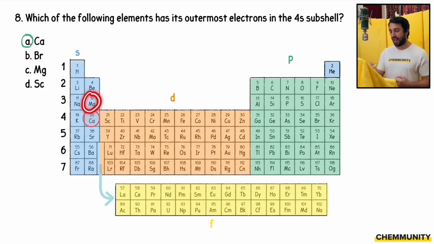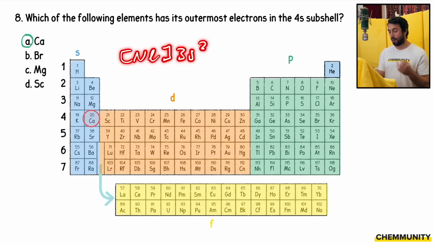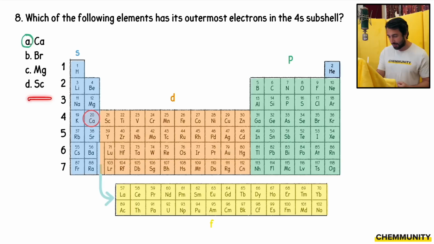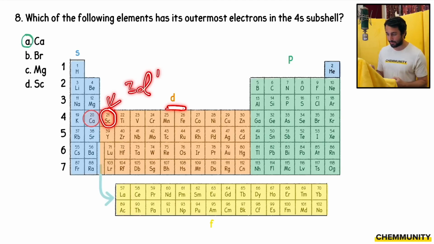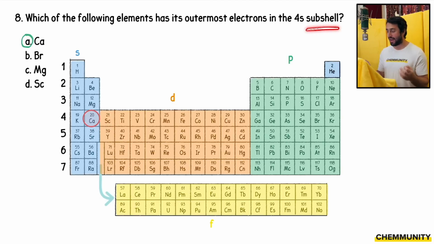That is in the s block as well, but it is in period 3. So that will have an electron configuration that has a neon core, and then it will end in 3s2. So its outermost electrons are 3s electrons. Then lastly, we have scandium, which is right here. That has dipped into the d block, and so now we're looking at the outermost electrons being 3d orbitals. But the question asked about having outermost electrons in the 4s subshell, so that certainly is going to be calcium,